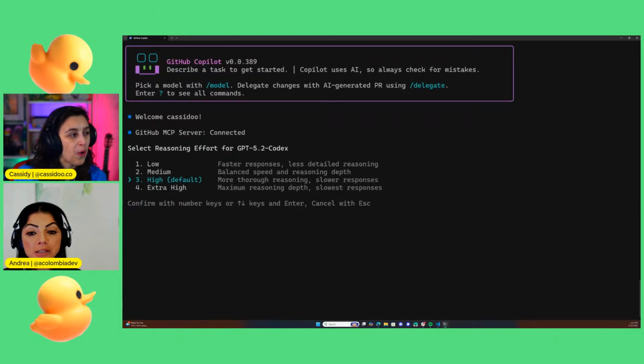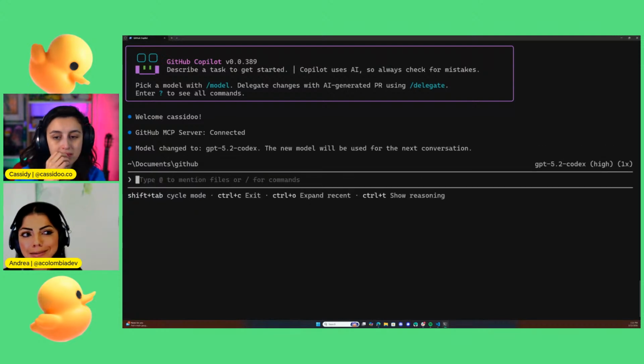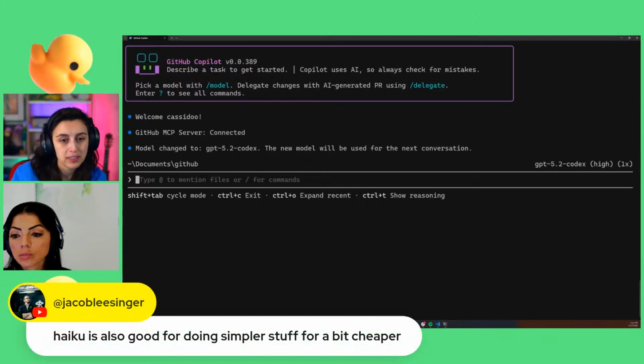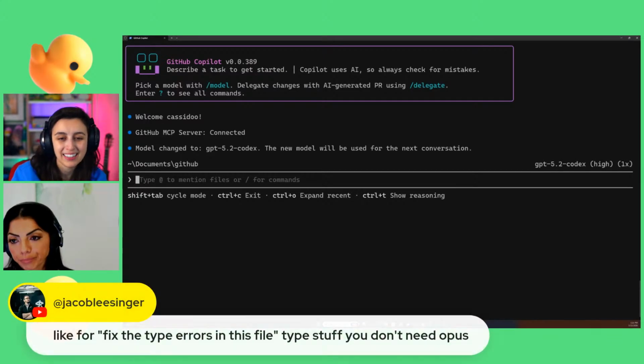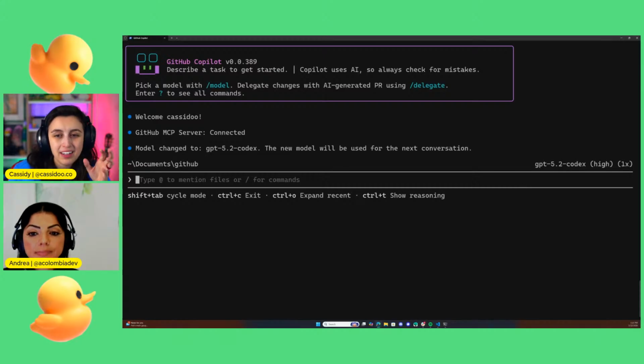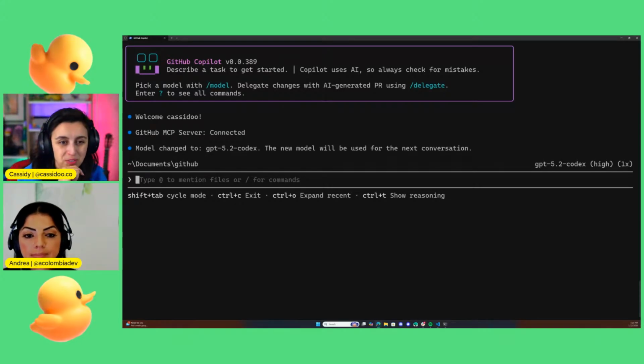I feel like I tried this once before and it was not as straightforward. I was doing a lot of manual coding of that, which is like, the documentation is great, so you shouldn't have to. But Codex did a really good job on the scaffolding of it. Yeah. And Haiku is good for doing simpler stuff for a bit cheaper. Yeah. You don't need the mega complex stuff, but you've kind of sold me on trying